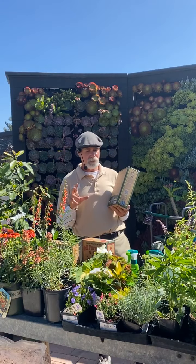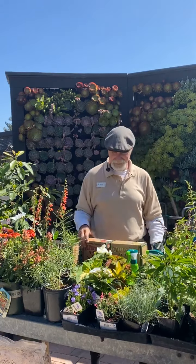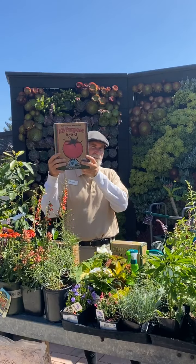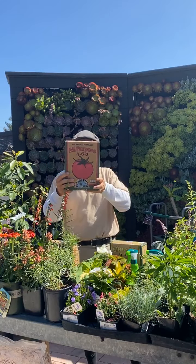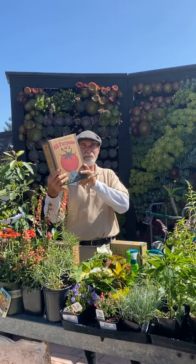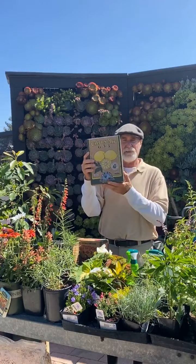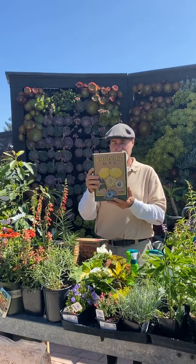They need those minerals. Even with peaches, plums, and nectarines, they don't need any minerals, so you're just going to use a basic all-purpose vegetable food. This is what I use on all my tomatoes, peppers, peaches, plums, nectarines, and apples. So I don't need anything special, but you do want this for your avocados and for your citrus, especially this